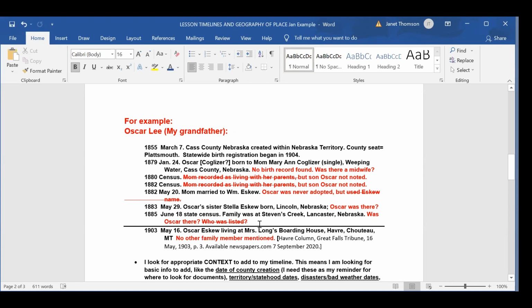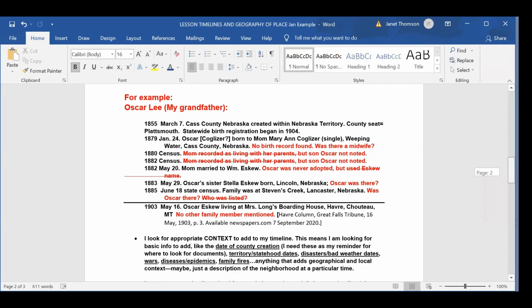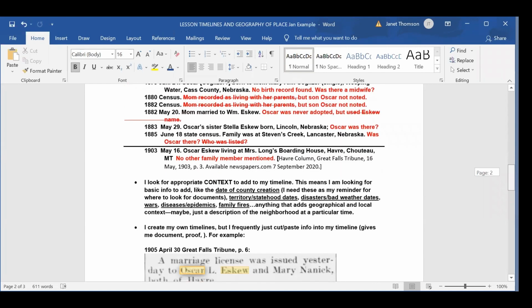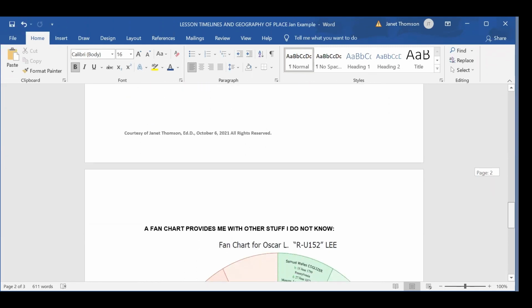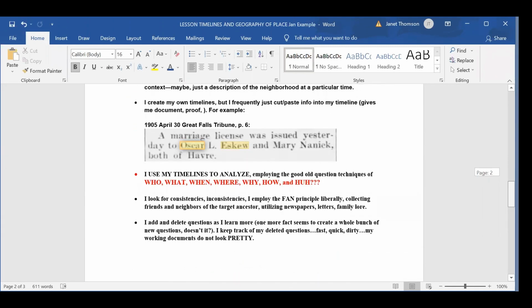William and Mary Ann and three more. And since only two other kids had been born, I'm pretty sure Oscar was the third one, but that's all I've got is indirect evidence. So those are the things that I do, but I think it's really important that you create your timeline right